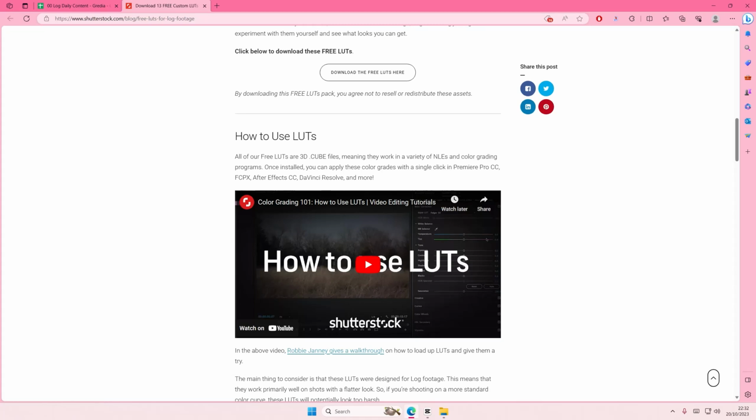In this video I'll be showing you guys how you can download and import LUTs into CapCut PC. So just download any LUT you want. I just basically search like LUT download, and there's this great website here. You can press download the free LUTs here and just press download, and you're just going to